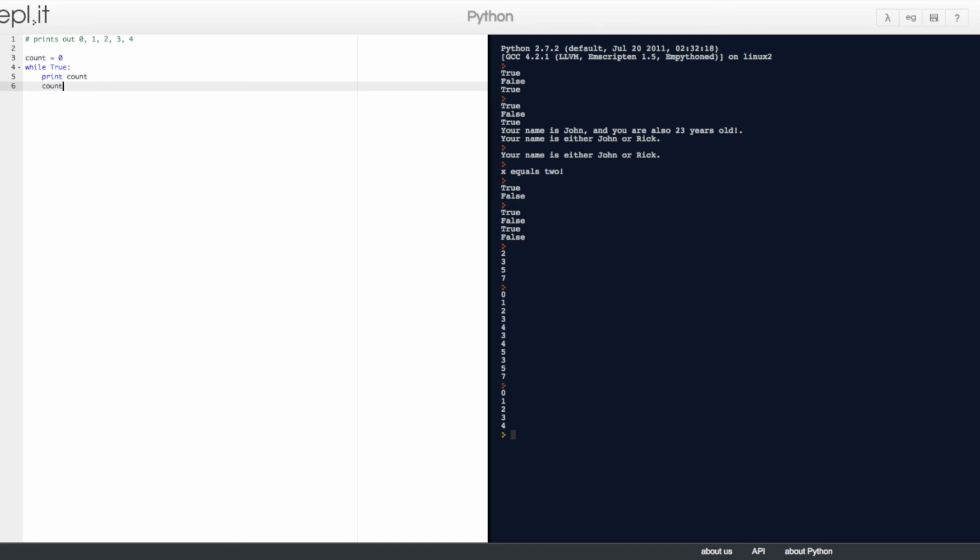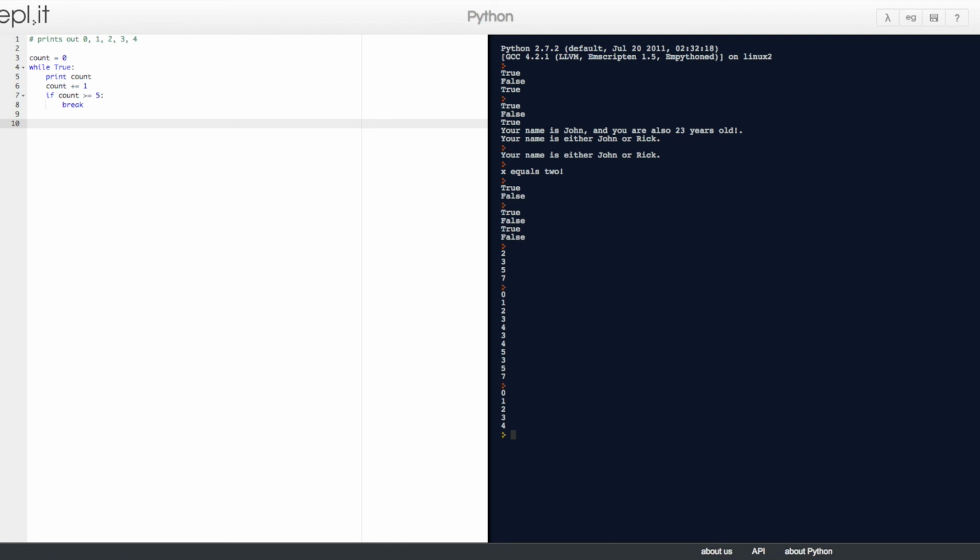And also, we want the count to increase by 1. And also, we want to put an if statement that if count is greater or equal to 5, and then the if statement we end with a colon. The next line will be indented with a break. Okay?